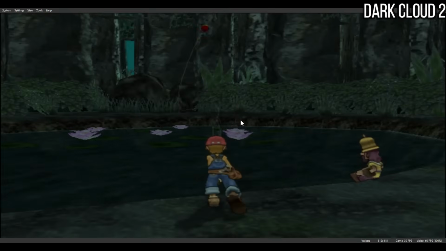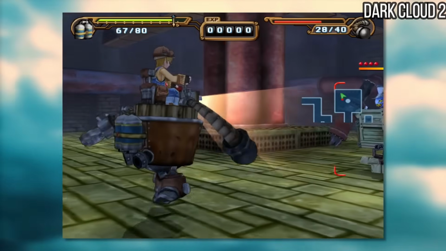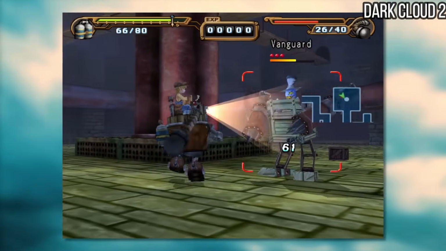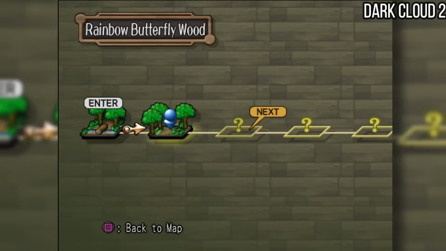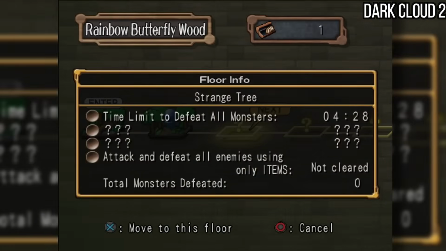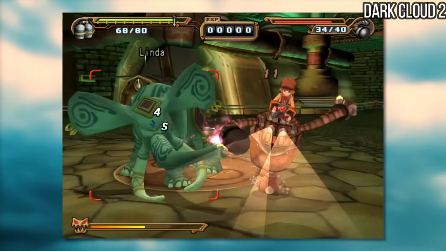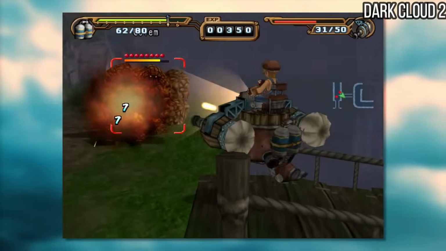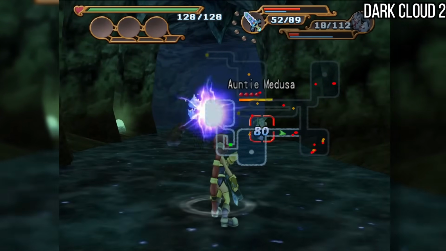One minute you're fishing, the next you're inventing gadgets, then suddenly you're deep inside a randomly generated dungeon fighting robots and monsters. The Georama system lets you rebuild the world piece by piece, and every decision you make has ripple effects. And all that variety wouldn't hit the same if the game didn't look and run as good as it did. Dark Cloud 2 was built on a custom engine by Level 5,